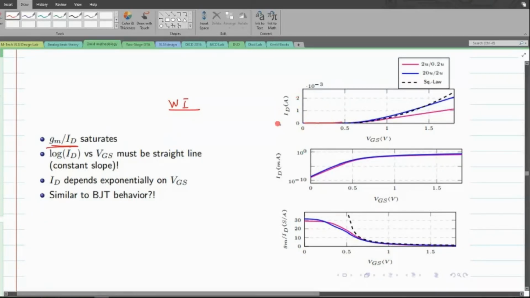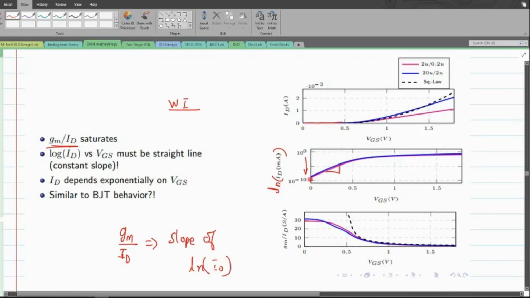So instead of plotting this ID in a normal axis, I am converting this ID to a logarithmic axis. What I am trying to do is plot the y-axis in terms of a logarithmic scale. Due to which you could see that there exists a kind of slope. There is a line, and this line exhibits a slope. Now, what does this slope convey to us? What I said at the beginning is that GM over ID represents the slope of the logarithmic scale of the current ID, right?